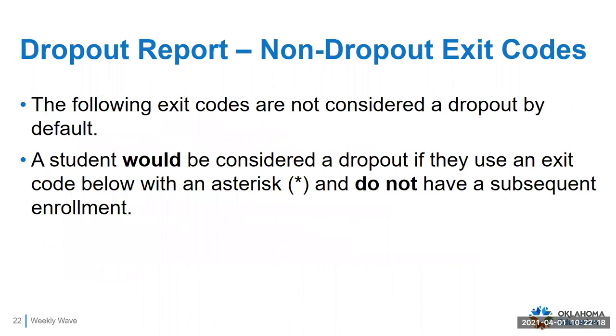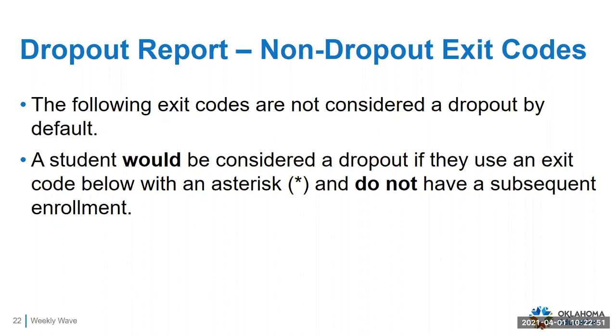And the same thing goes for our non-dropout exit codes. These by default will not be considered a dropout. A student would be considered a dropout if they use an exit code that I'll show you on your screen here, and we are not finding a subsequent enrollment for that student. It's a little bit, for this year,